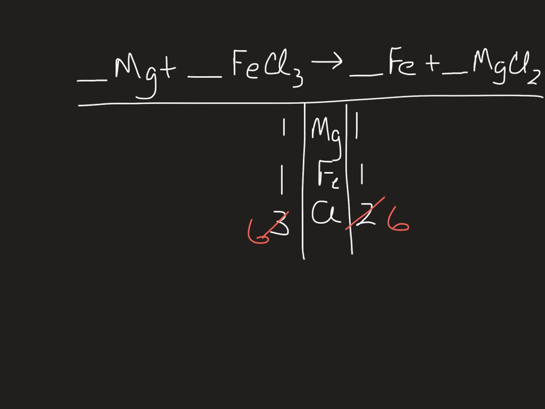So what times 2 will give me 6? 3. 3 times 2 is 6, but that changes my magnesium to 3. Hopefully that's obvious to you by now. My iron chloride, I need to take 2 times 3 to get 6, but of course that changes my iron to 2. At this point, and this should now be obvious how to balance the equation, pause the video and finish it off